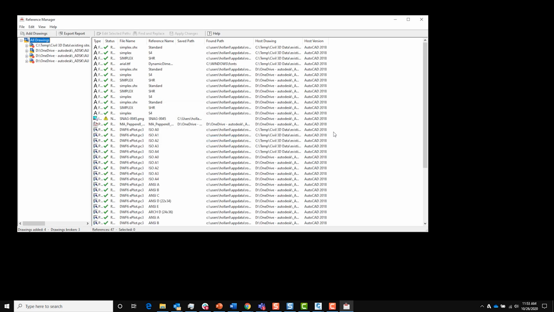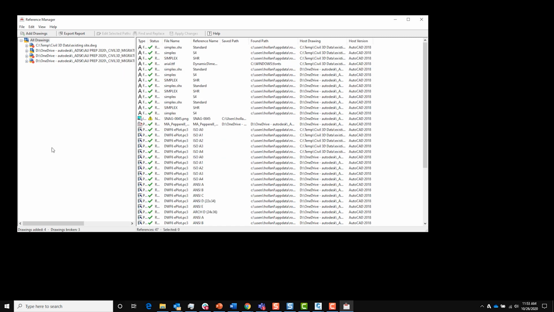So if we see that extra nesting level, we'll actually want to go and fix that too. So let's see what we're looking at. What we have on the left-hand side is a list of all the drawings we pulled up and any dependencies it found. Remember that last dialog box that pulled up those dependencies? And if there are any issues in the drawings, we'll find those if we click the plus sign.